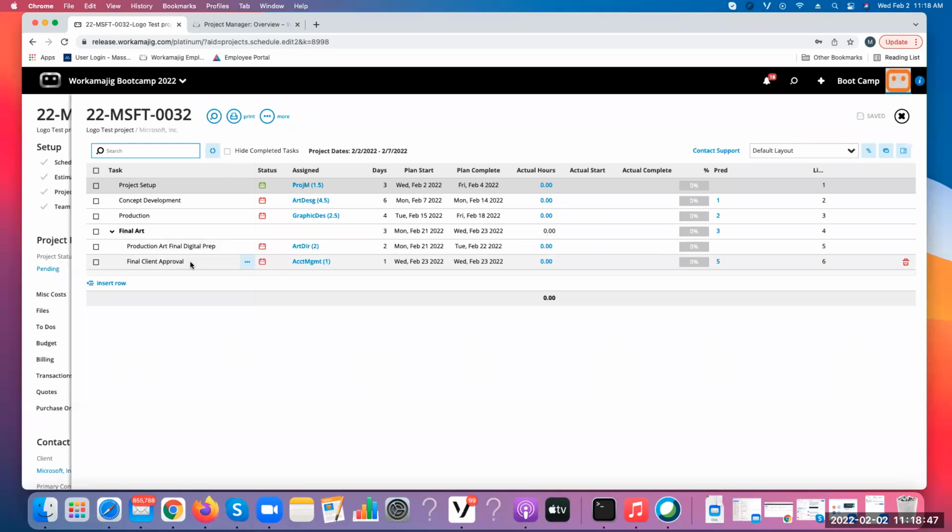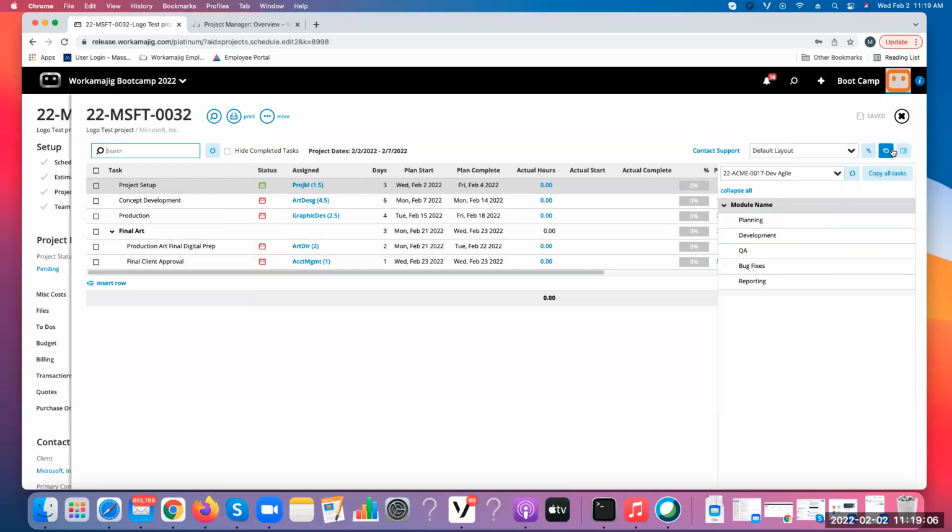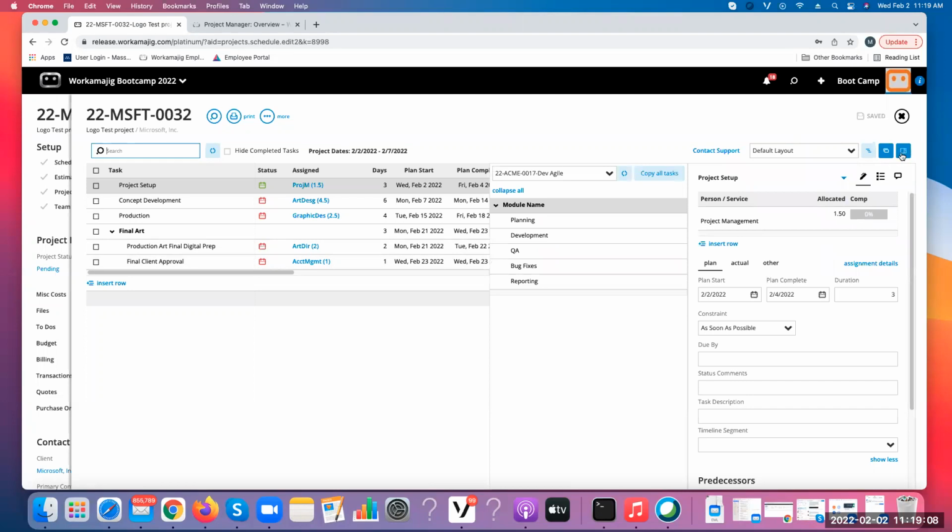And my first question for those folks is always, well, what purpose do the default tasks serve? So if you can't put time to them, you can't see them to traffic, you can't bill them, because in order to put time to them, they'd have to have that track budget selected. And that, if you're not familiar with the track budgets feature,